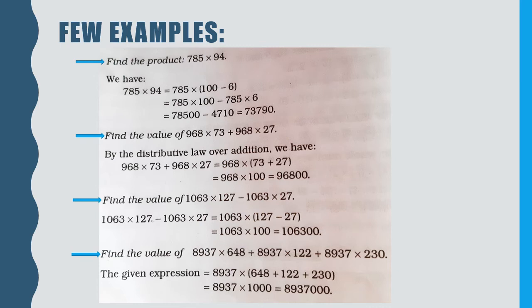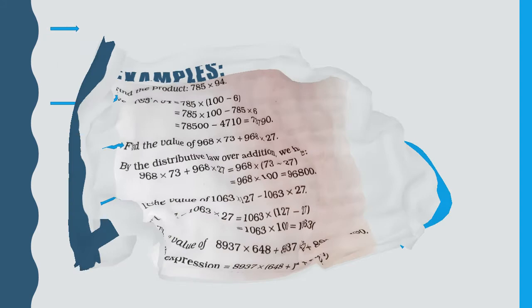सी, इसमें हमें अब 3 पार्ट्स दे रखे हैं, लेकिन तीनों पार्ट्स में 8937 इज़ अ कॉमन नंबर, बस हमने उसको बाहर निकाल दिया और उसके बचे हुए सारे जो पार्टनर्स थे सबको अंदर लिख दिया उसके ऑपरेशंस के साथ, जो कि एडिशन है, और जब सबको ऐड किया तो आंसर आया 1000। तो हमारा मल्टीप्लिकेशन बहुत ईजी हो गया और डायरेक्टली हमें उसका आंसर मिल गया। तो डिस्ट्रीब्यूटिव लॉ के ये सारे यूजेस हैं।